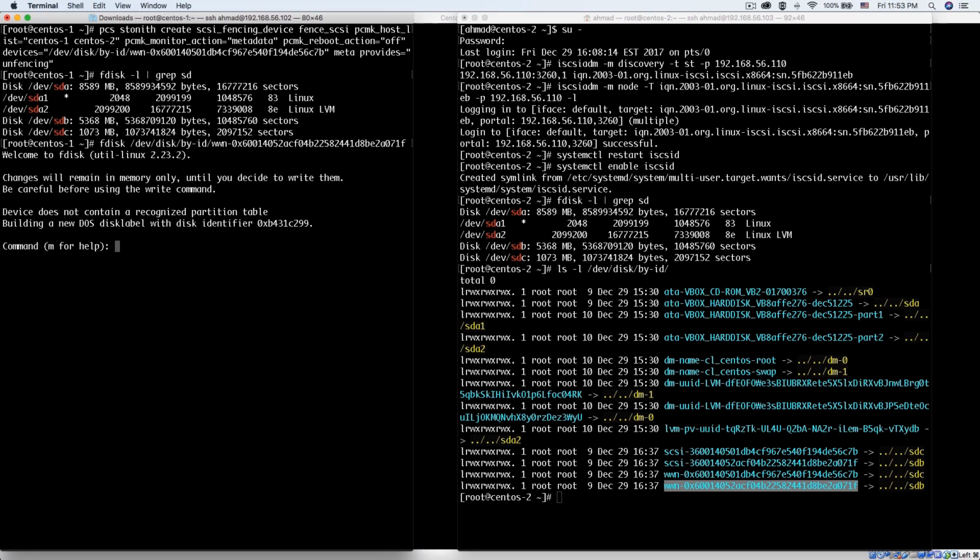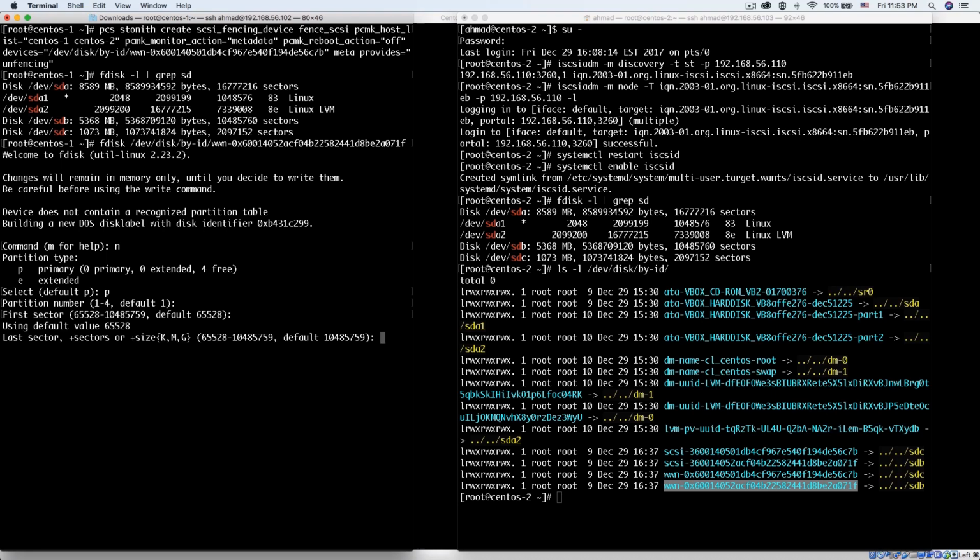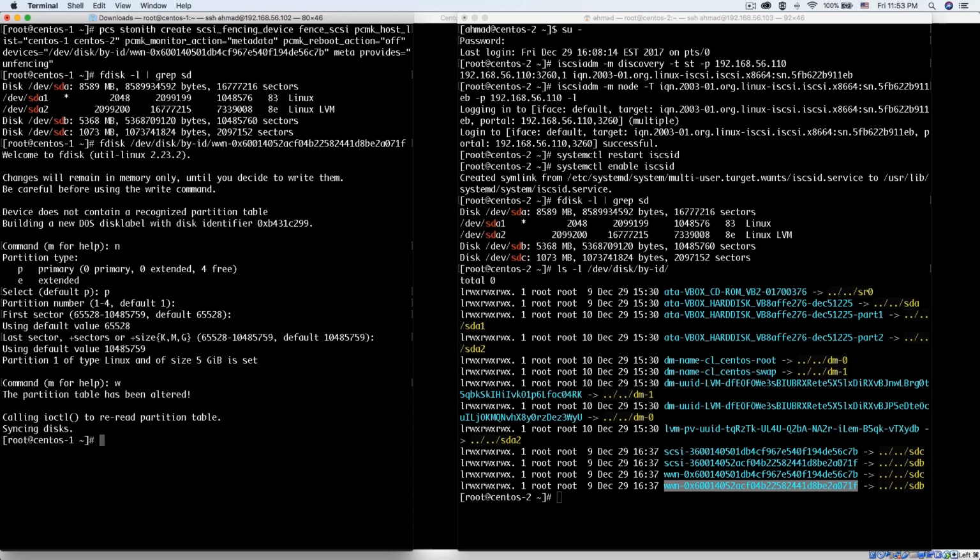So I'm going to create a new partition by pressing the N letter, create a primary partition, accept the defaults. It's the first sector and the last sector. I'm going to use all the space inside the disk, and don't forget to press W to write those changes to the disk. Okay, and now we do have